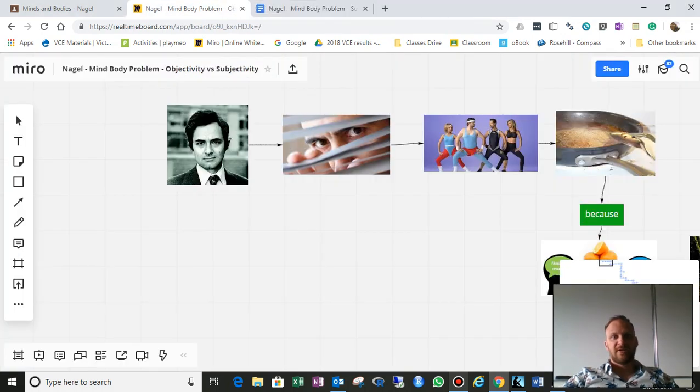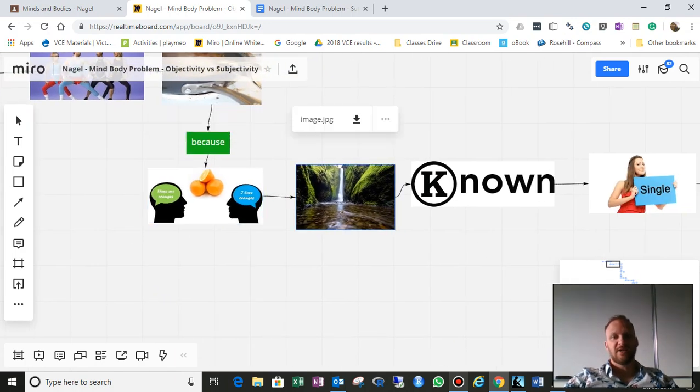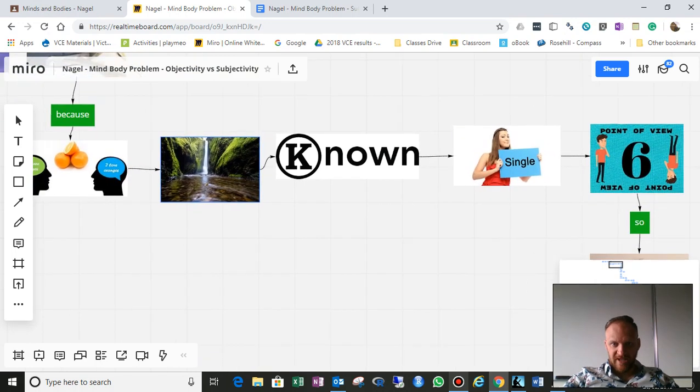Okay, so we already know that Nagel has a bit of a distrust of materialist reductionist theories because their language doesn't really account for or allow us to know that first-person phenomenal quality of subjective experience or consciousness, okay? It's hard to know the nature of that subjective first-person account using objective physical language or physical reductionist languages, okay? So how do we actually know the singular point of view of a person using scientific language which privileges objective accounts over subjective accounts, okay?